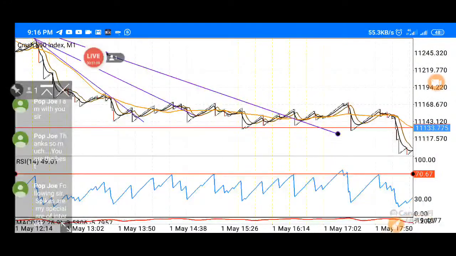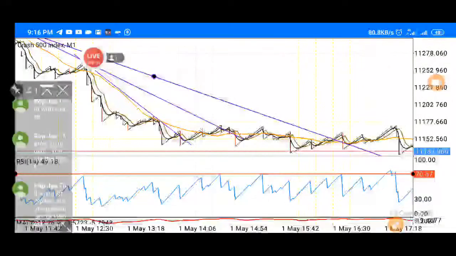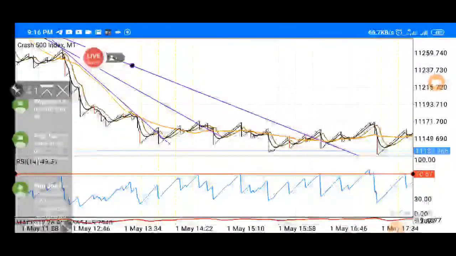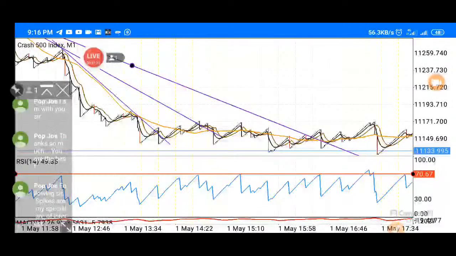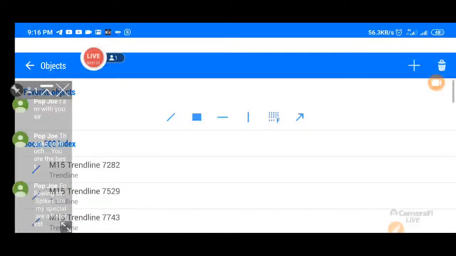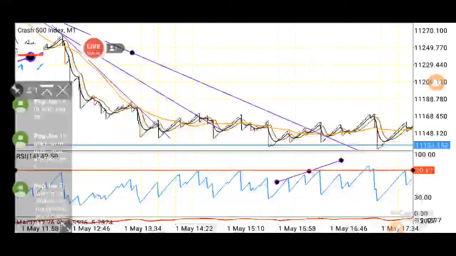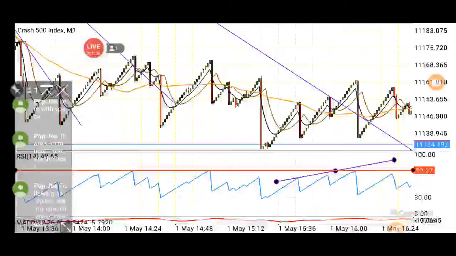So do you understand? Also, you can draw trend lines. You can also draw trend lines, either ascending trend lines or descending. See this ascending. So if you have drawn these 2 levels together,